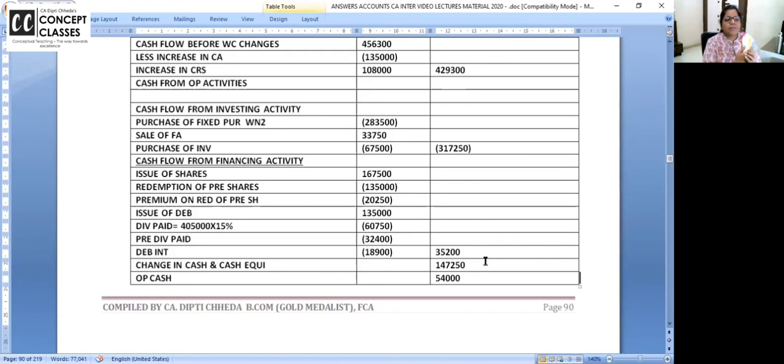See, cash flow statement may not ask for commenting unless asked, but I am telling you for the practical linking of this subject. You have to study the concept and also study exam oriented. Practically, if they ask how is this cash flow statement, it's good. They have made a huge profit and reinvested in the business, in purchase of fixed assets and all. Out of 429, 283 went there, right?